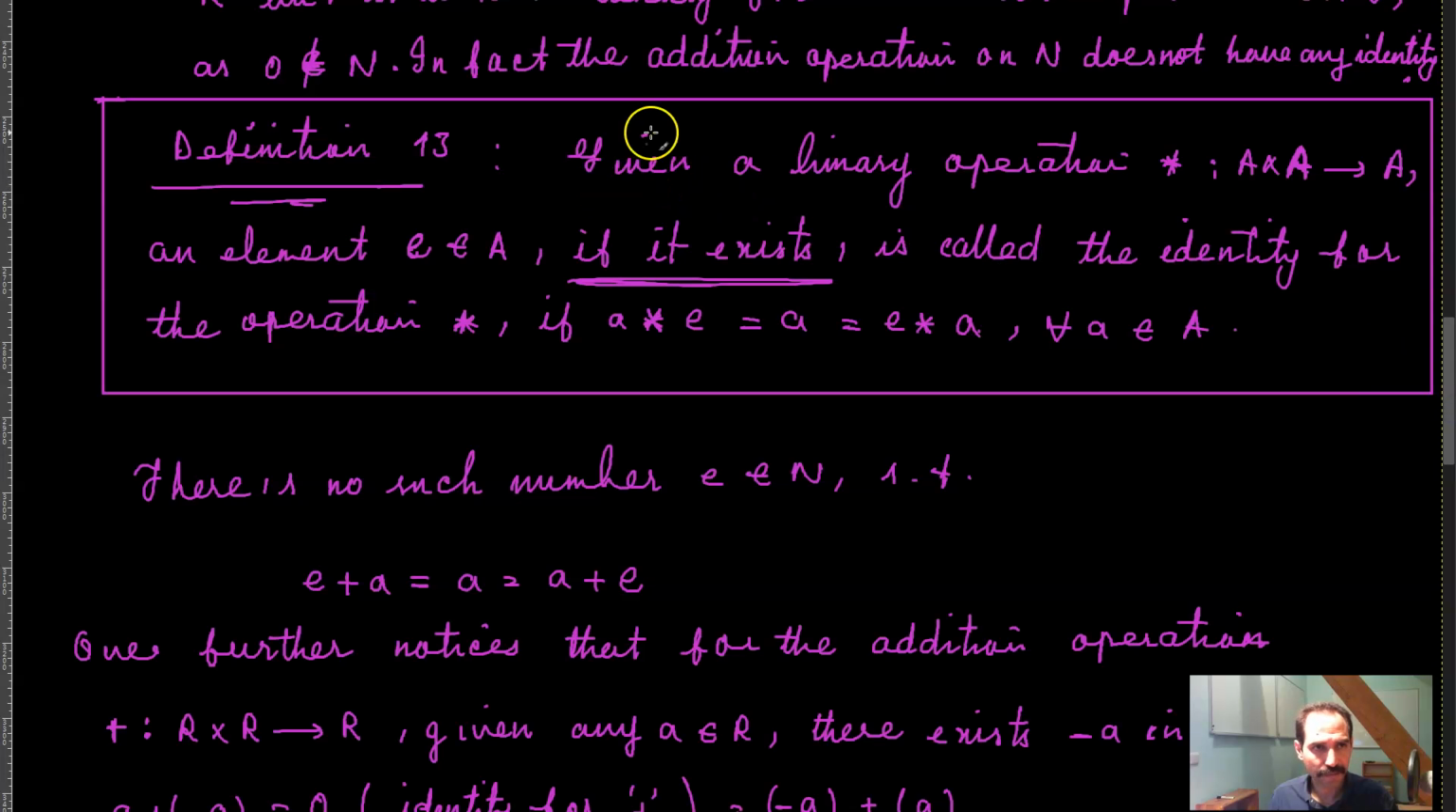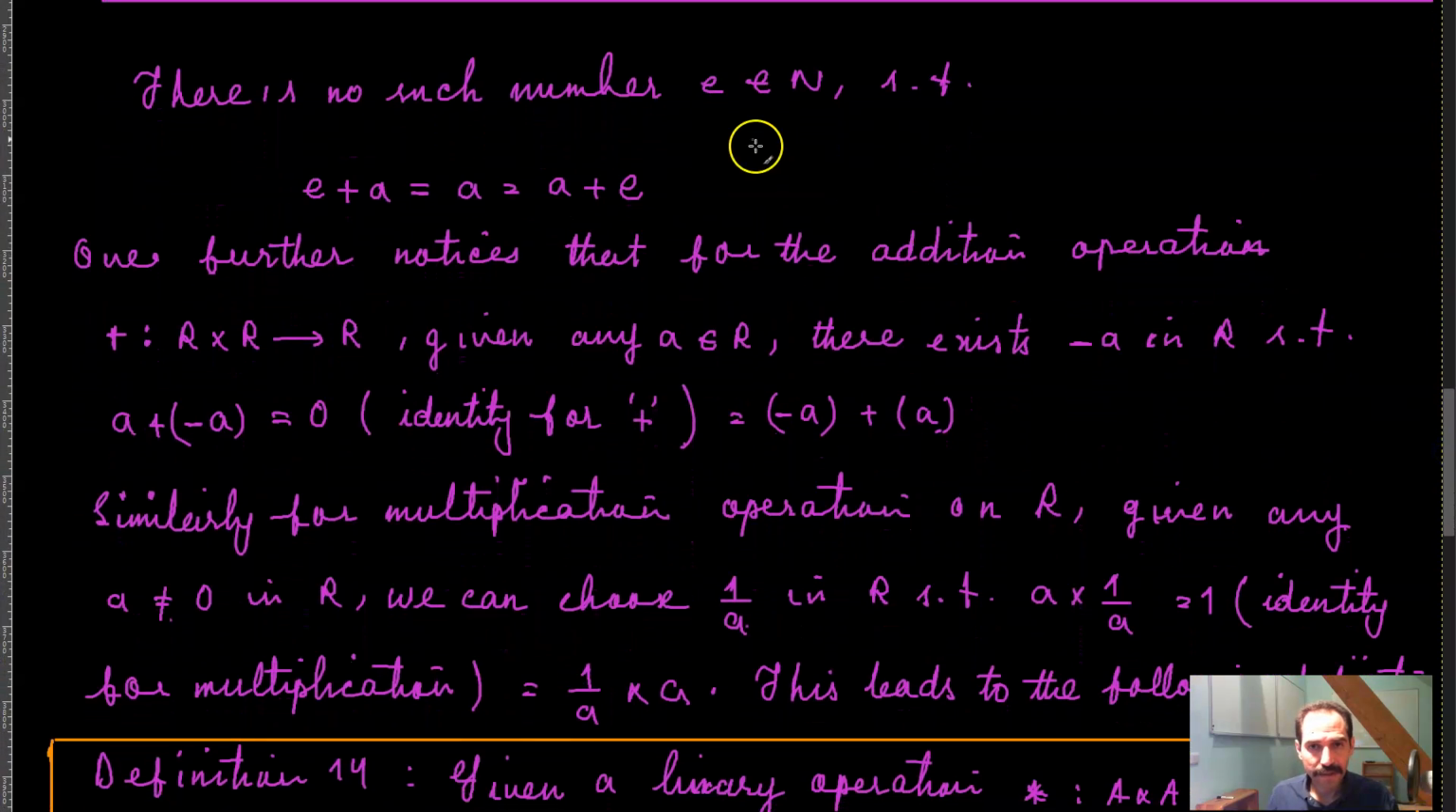The definition said that given a binary operation star on A, an element E belonging to A, if it exists, is called the identity for the operation star if A star E is equal to A is equal to E star A for all A belonging to A. And then we said that there is no such number E belonging to N such that E plus A is equal to A plus E. This was part of a remark, and one further notice is that for the addition operation,